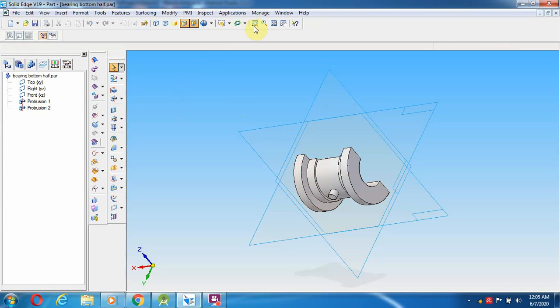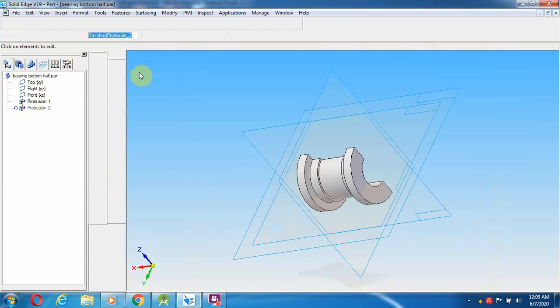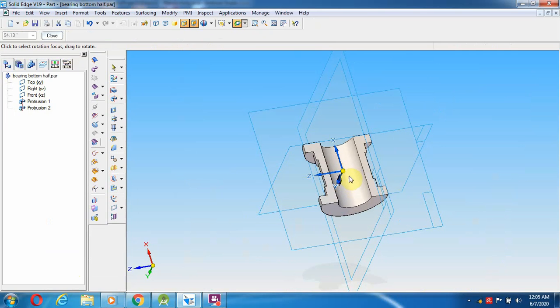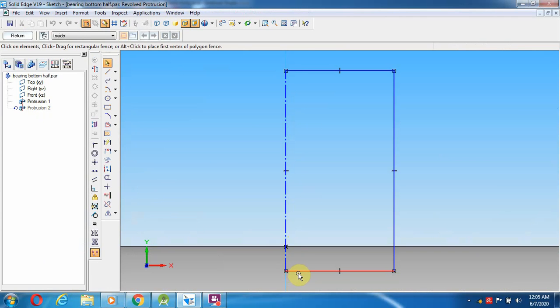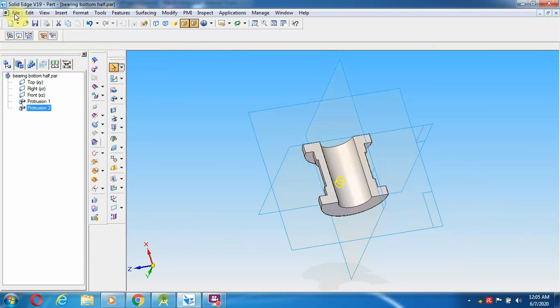Okay, so now what happens, I already told you. This is the dimension. If we give more length and I rotate this, sometimes it may come out from here, so I am going to stop with a little extra length, a little extended over here. Otherwise it will come into the other side. That's why I'm going to stop here. After saving this, you can close it.